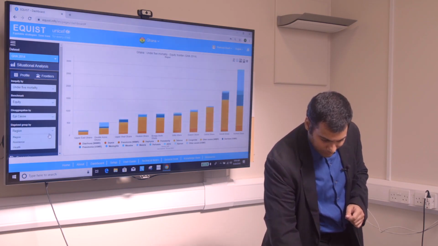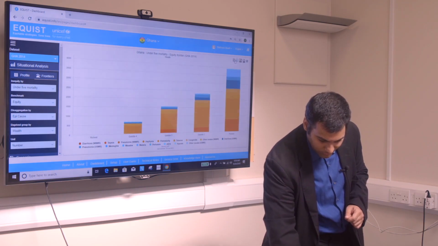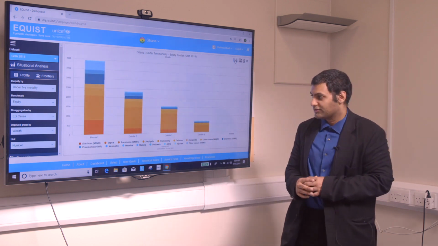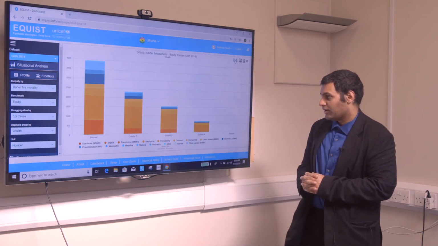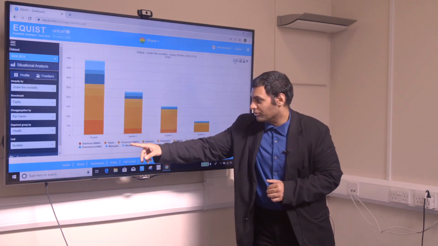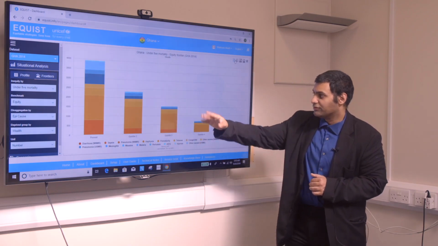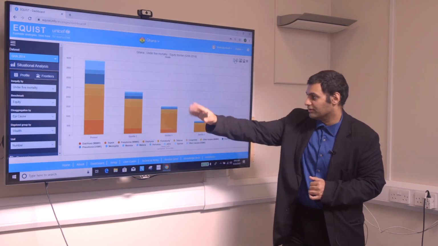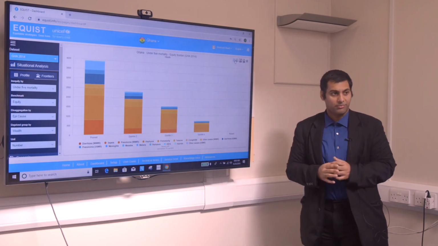and it might be easier to compare by wealth quintile. So if we select wealth quintile and order it from poorest to richest, this is what we can take a look at. What this comes from is LiST, the Lives Saved Tool. This is looking at all under fives, including newborns, which are the lighter colors here. We can also click them away if you just wanted to focus on post-neonatal, or click away the post-neonatal if you wanted to focus on neonatal,